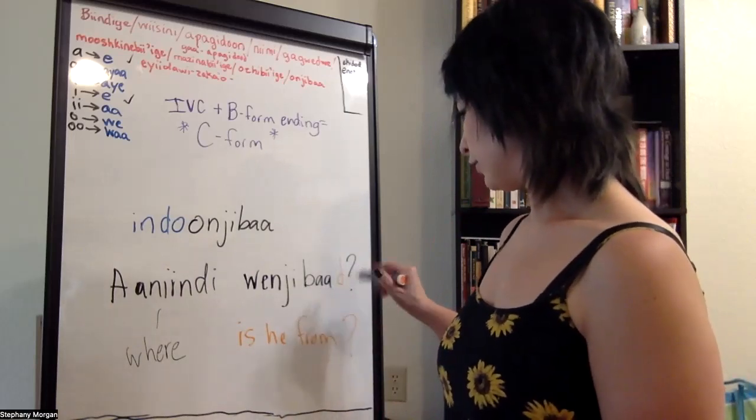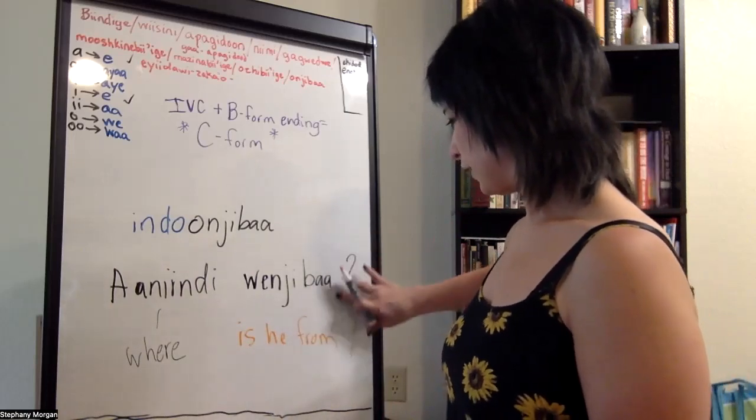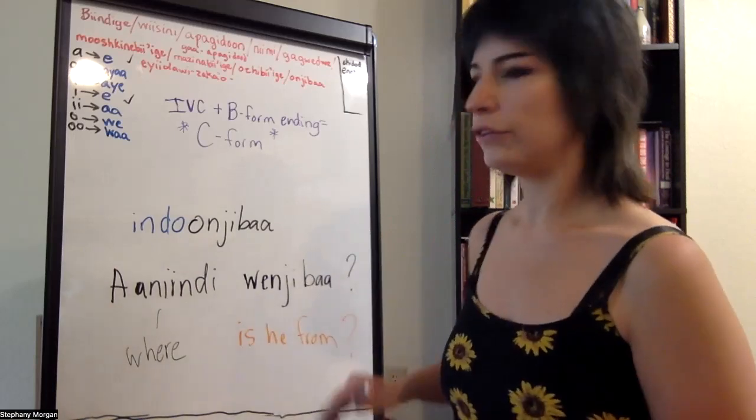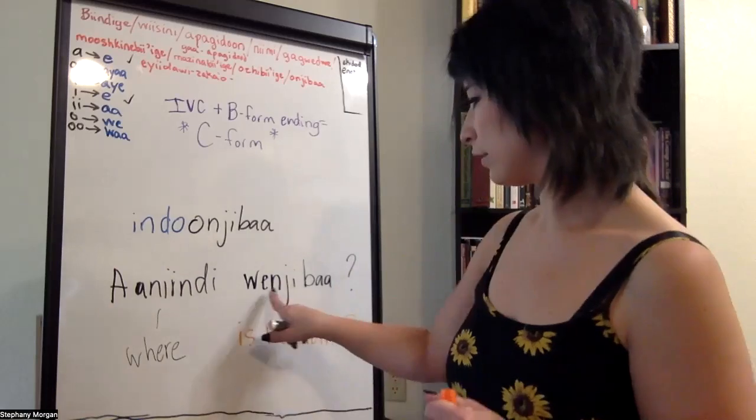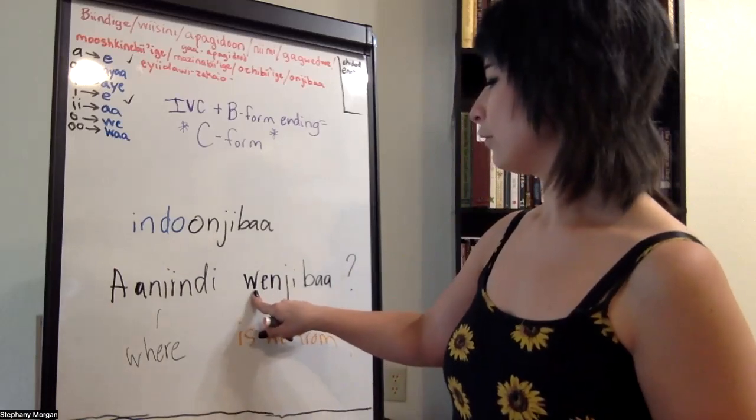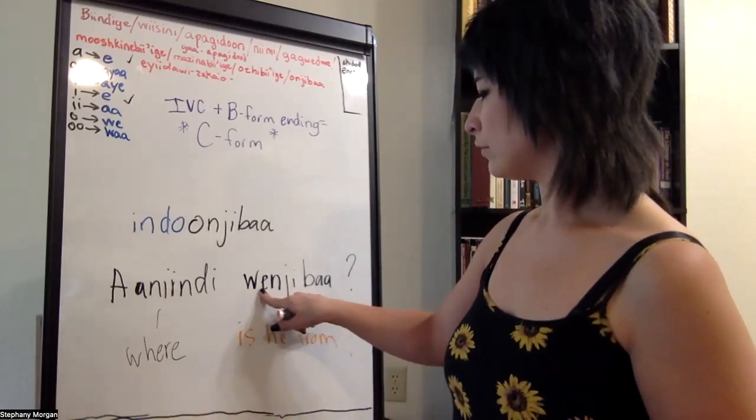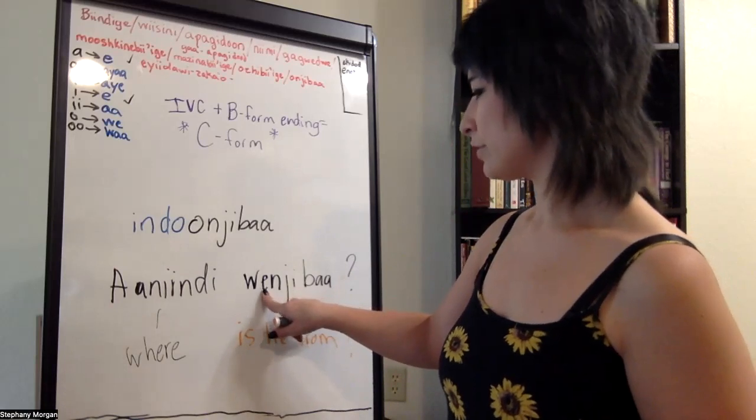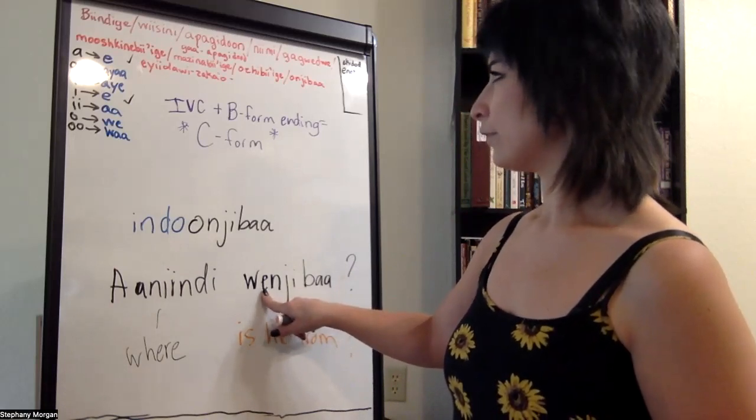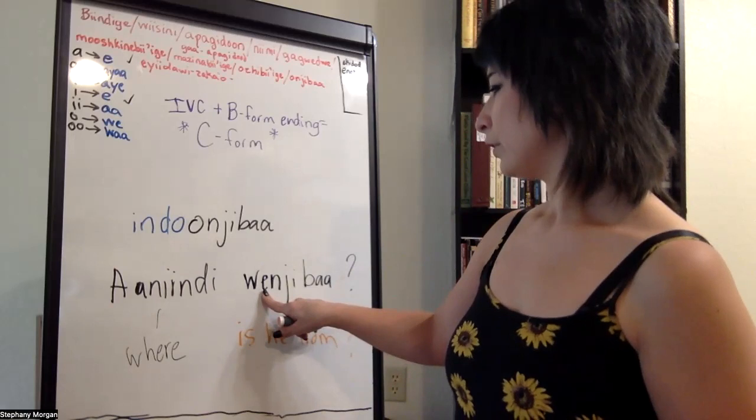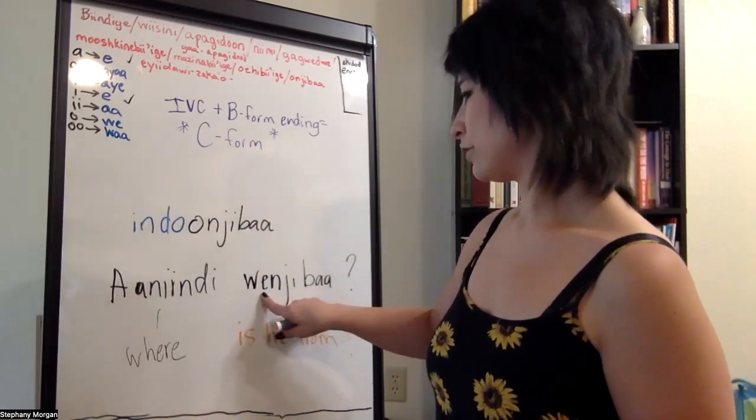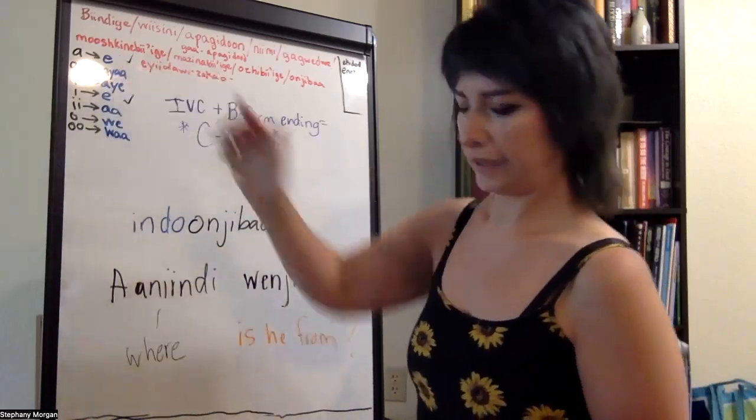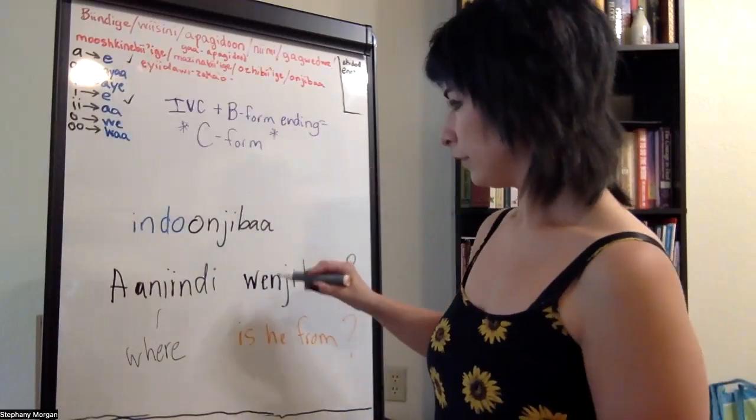So we peeled off our B form ending D, and now we have Wenjaba. And if you try to look up Wenjaba in the dictionary, nothing is going to come up. So then you have to look at We and go, okay, our initial vowel change. What changes to this? Now, we could have several options here. What changes to E, I, and A? So it could be,